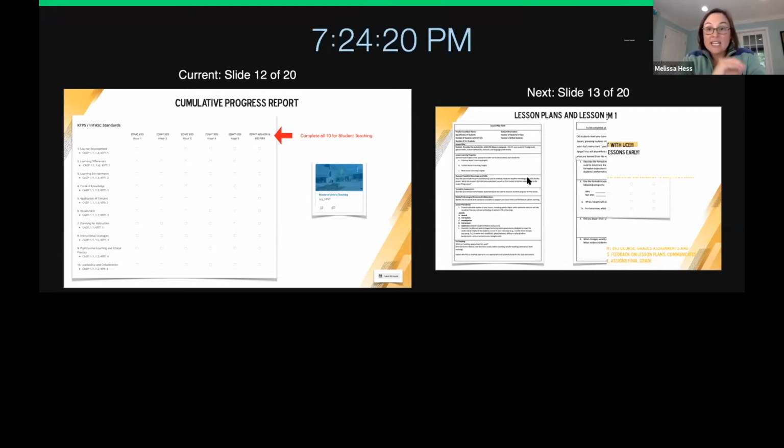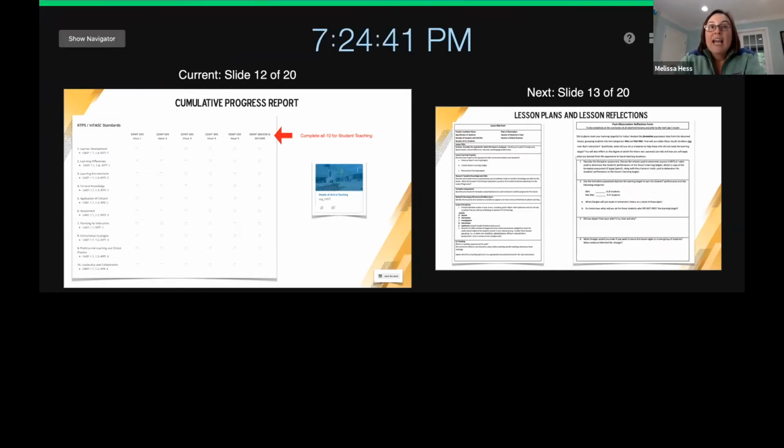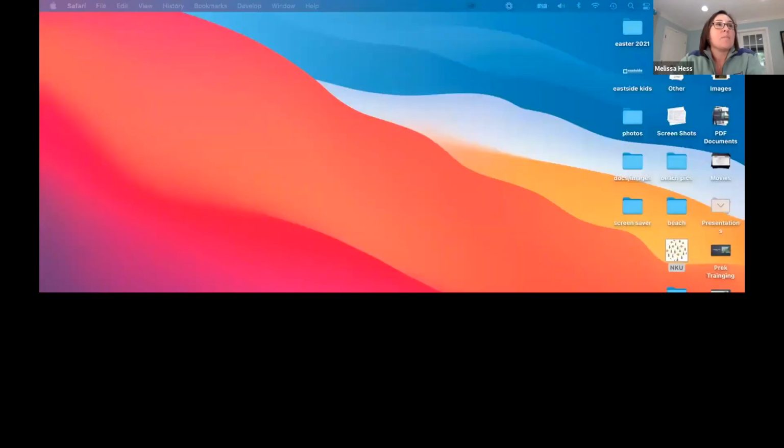Those 10 standards, when you look into our Canvas site, they will be explained a little bit more if you have forgotten what exactly counts for application of content or leadership and collaboration. But we just want to be mindful and really look to make sure that we are getting those and that we do understand them.